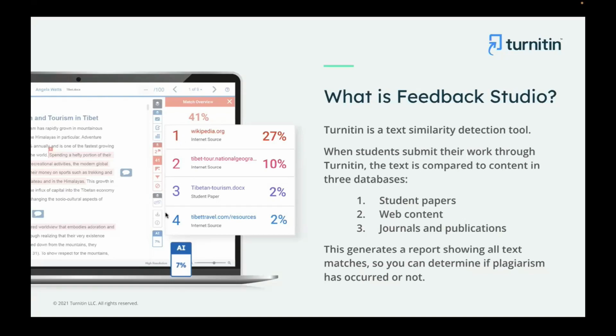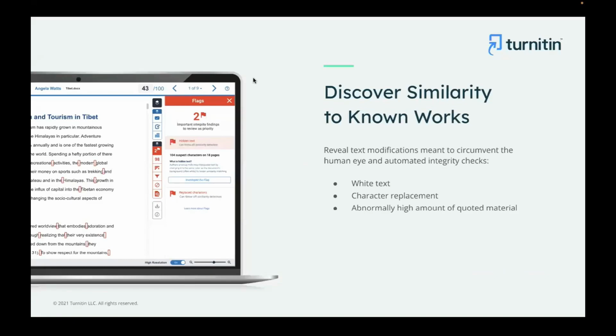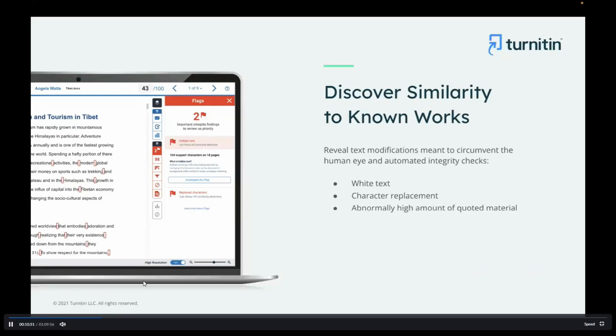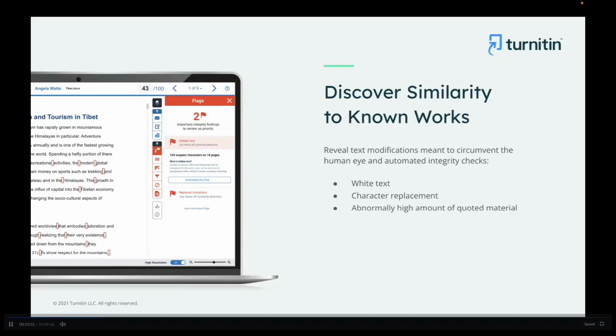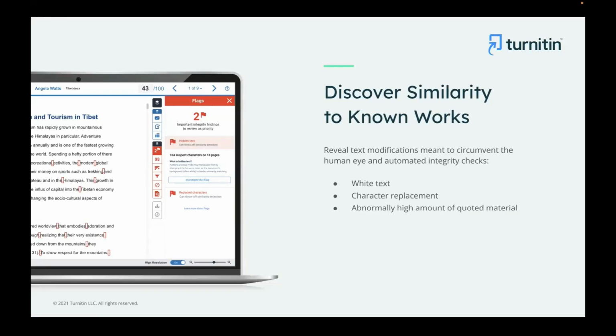Similarity report is different, AI report is different. AI report you can open up and see how much text is there, but this similarity report you can even download. I'll show you how exactly you can do it. So whenever you upload any document, look for flags first. Flags in the sense where text modification is done or text manipulation is done,